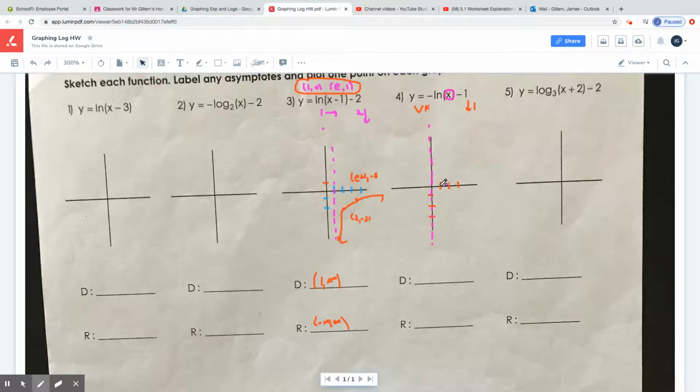So I start at 1, 0. All right, 1, 0 is here. When I do a vertical flip, nothing happens, but then I move down 1 and over there. Then I'm at E, 1, which is right about here. I do a vertical flip. I'm then at E, -1. Then I move down 1. I'm there. And the graph